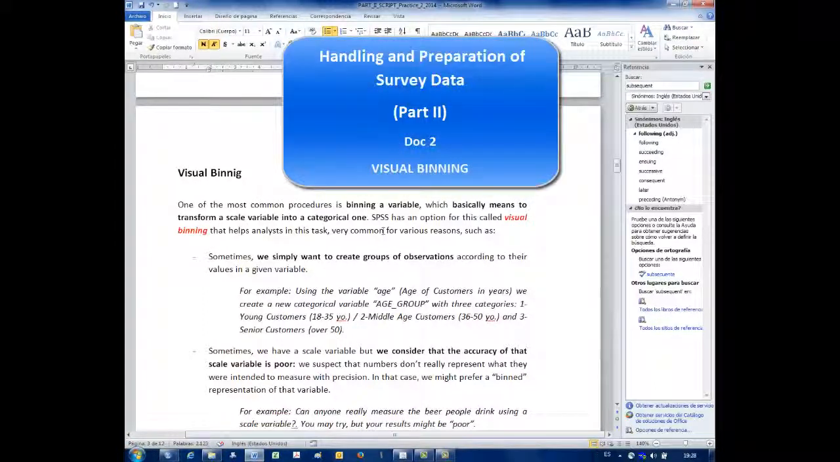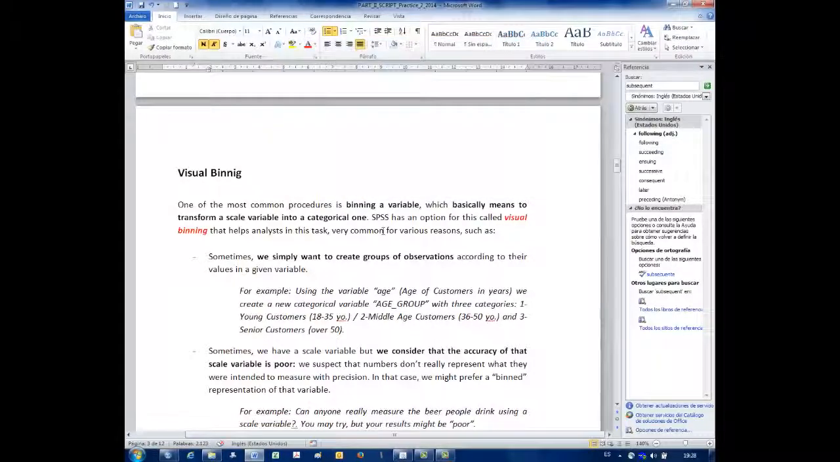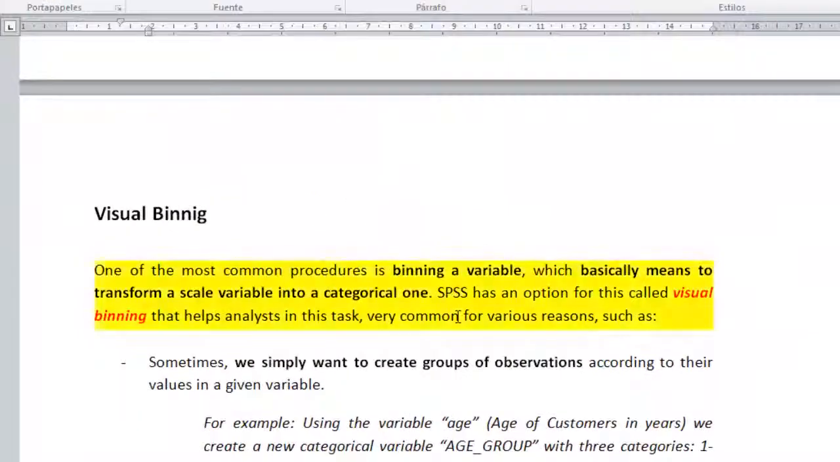Hello to this second video. We're going to illustrate how to use this visual binning command in SPSS. This visual binning command is used when you want to transform a scale variable into a categorical one, and I